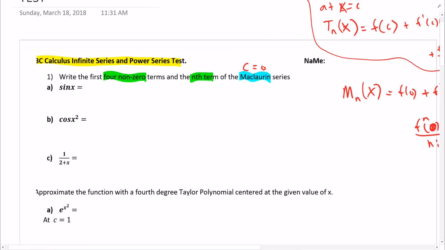And so this is what it wants for sine. You could go through and plug in 0 to sine, and then plug in 1 and then take the derivative, plug in 0, and you could go through that whole process, but sine is one of the ones we want to remember. It kind of helps to remember that the first term is created by just plugging in c, which in this case is 0. Sine of 0 is 0, so that first term is not really there, and we're really starting with kind of the second term,